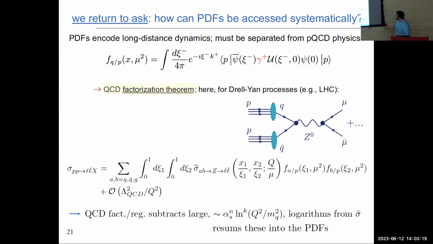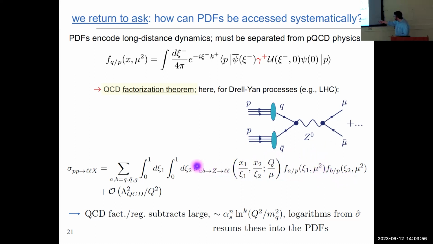matrix elements. And really the essential thing, for instance, is if I want to write down, say, some Drell-Yan cross-section that I might measure at the Large Hadron Collider, this is just a charge neutral Drell-Yan production process, then I can write down that cross-section in a QCD factorization theorem that is valid to all orders. And really my mission in doing these types of calculations is how well can I calculate at a given fixed order this hard interaction kernel that then allows me to parameterize and extract the PDFs in this case,